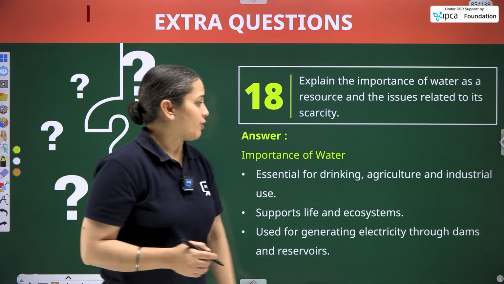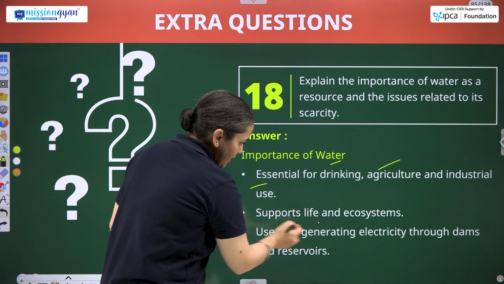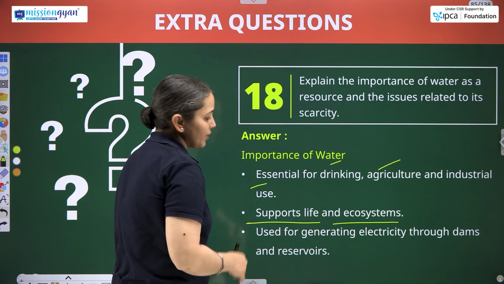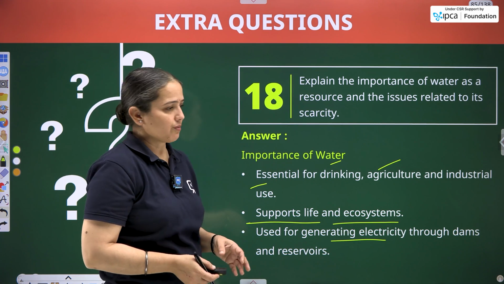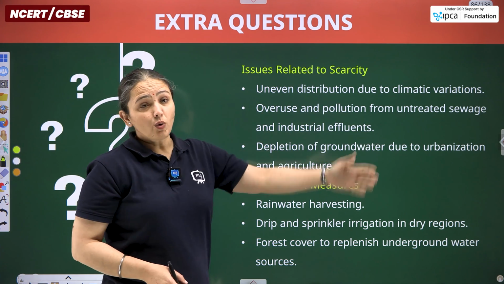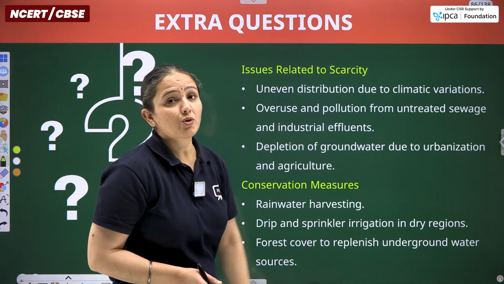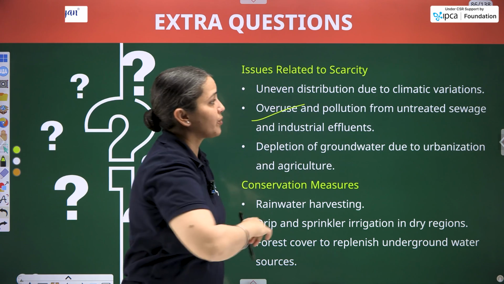So essential for drinking, agriculture, industrial use. It supports life, it supports ecosystem. It is used for generating electricity through dams and reservoirs. So basic important features. Issues related to water scarcity, uneven distribution due to the climate variation, overuse, pollution from the